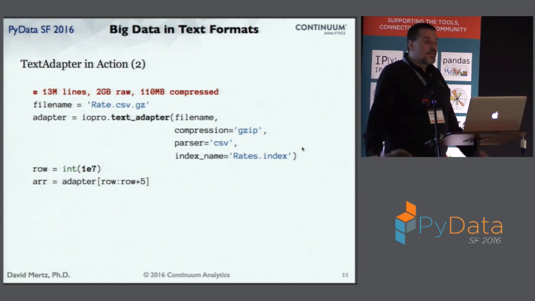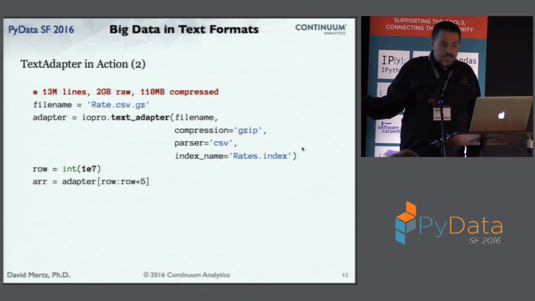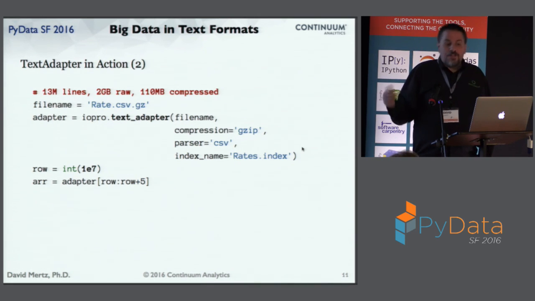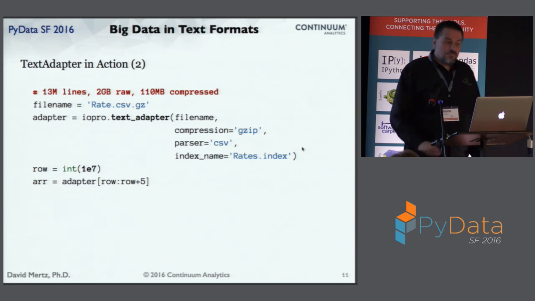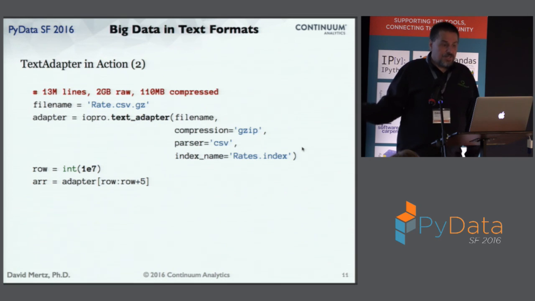would be more dramatic. But what we find here is, again, it's pretty much the same code that we saw on the previous slide. We're opening up, not the S3 text adapter, but the text adapter. That particular file, yes, it's compressed, it's a CSV file, and we're going to generate the index. And we're going to jump to a particular row, or actually a particular range of 5 rows in this case, but it could be a larger number. It's near the end. So I'm jumping to row 10 million through 5 more than that out of the 13